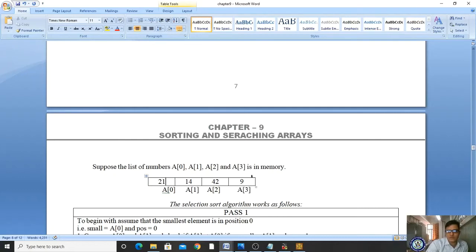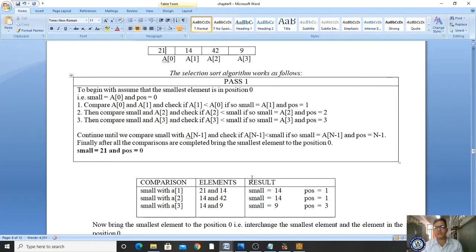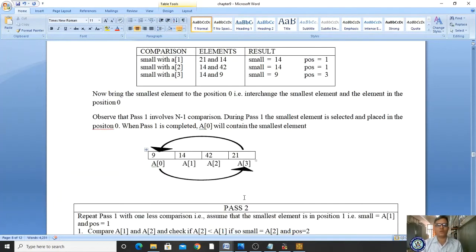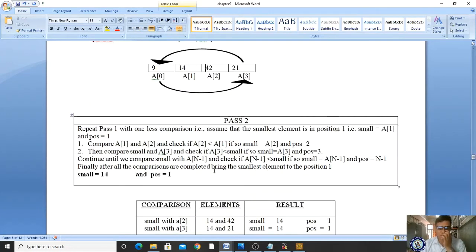Clear? In this first iteration of selection sort, what happens? The least element is present at the first position, and we do not know about the highest element. In bubble sort, the highest element is present at the last in the first iteration. When it comes to the second iteration, it will compare with these two numbers, right? In the second iteration, a of 2 is compared with a of 1. Is a of 2 less than a of 1?